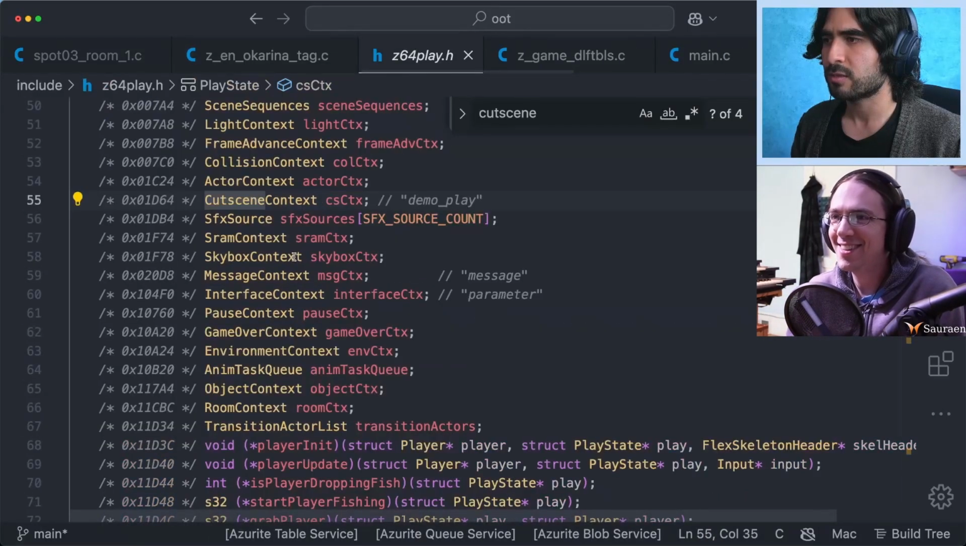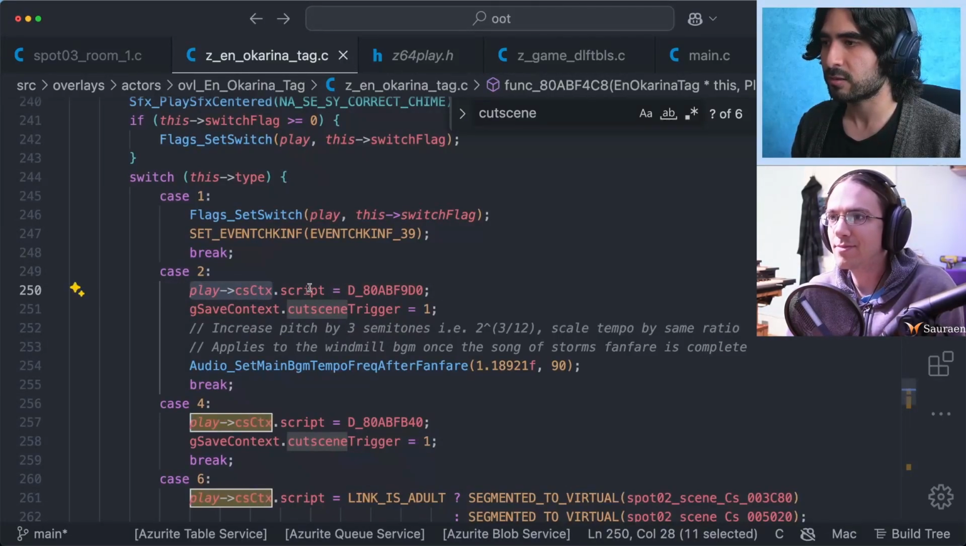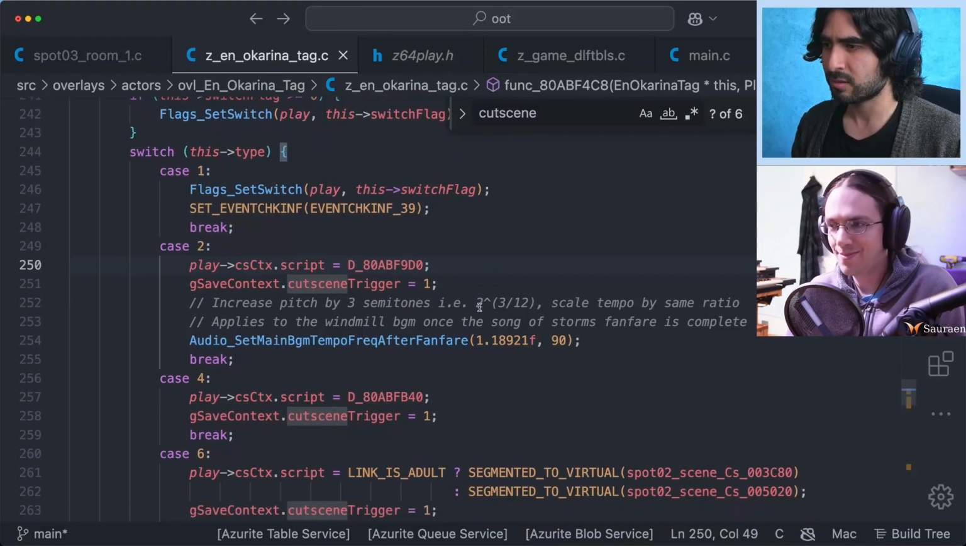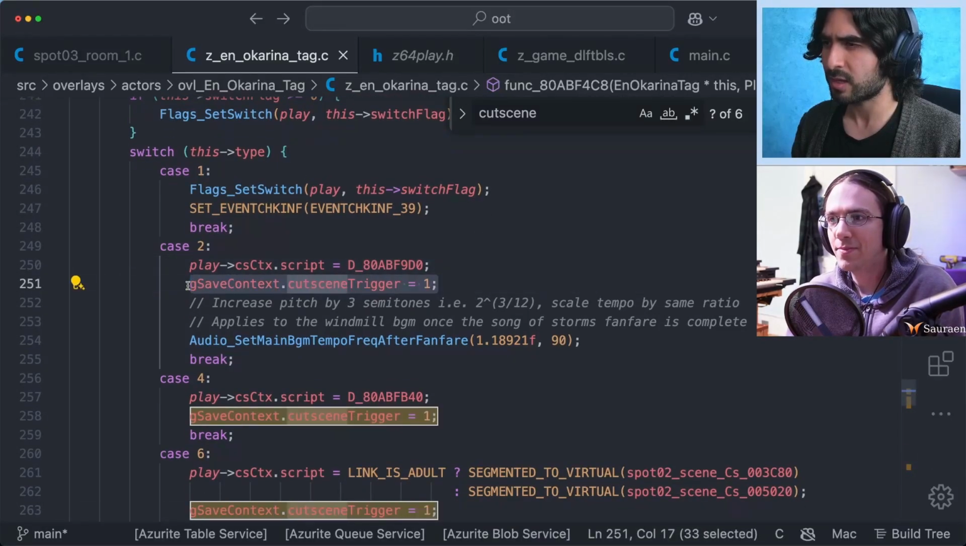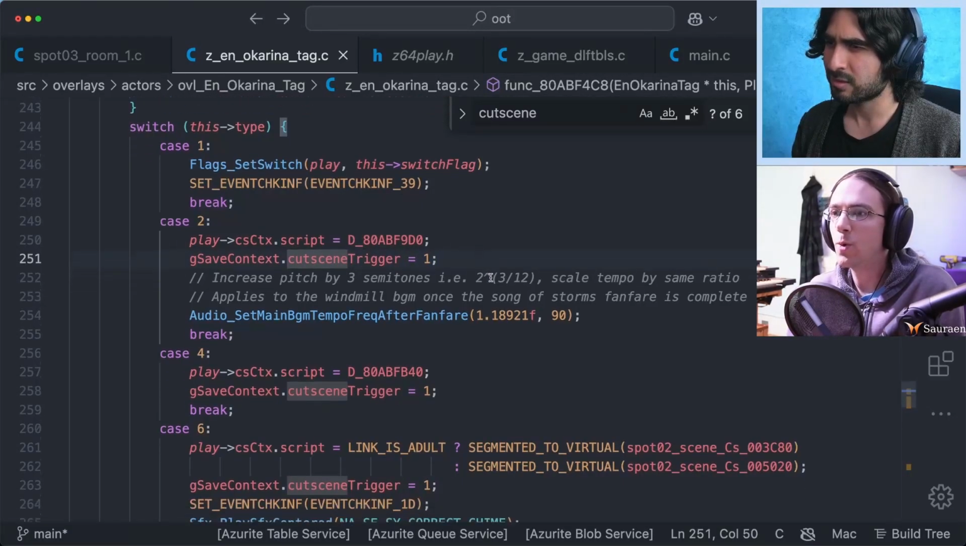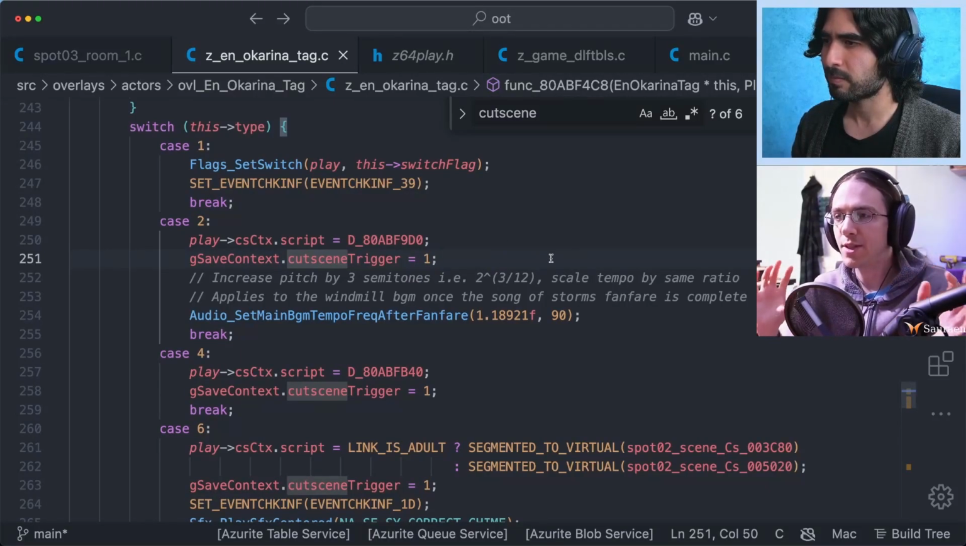Oh, and CS context is the cutscene context. So we go into the state, find a cutscene, poke into the cutscene context, and set a script. Then we say, hey, a cutscene just triggered? Okay. Yes. So when we've been talking about cutscenes that are in scenes,